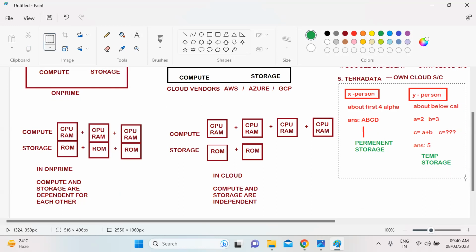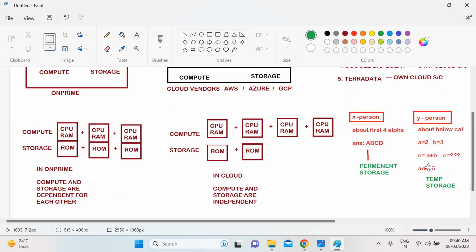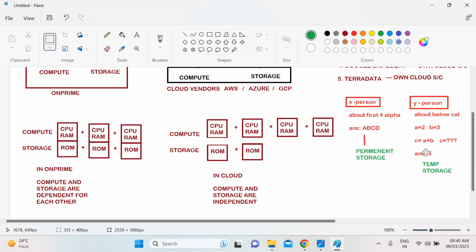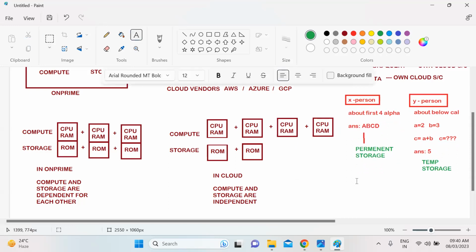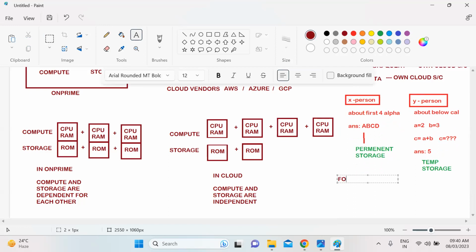For saying C equals 5, giving the answer C equals 5, is permanent storage necessary?